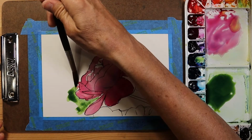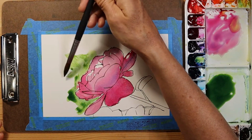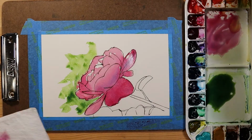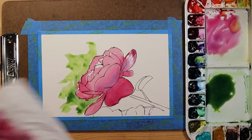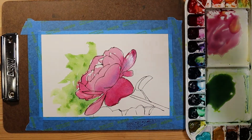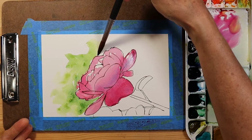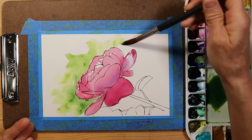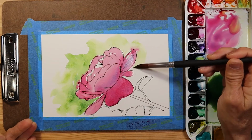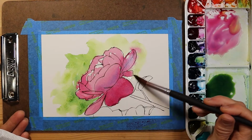I'm going to put down just a little bit. I'm coming in mostly just close into the flower and using the side of the brush. Move this out some. Then come back with clear water and drag that, soften the edges and drag it out. I do not want to fill the entire background with color. I'm going to leave parts of this very light, and I'm also not worried about touching that pink